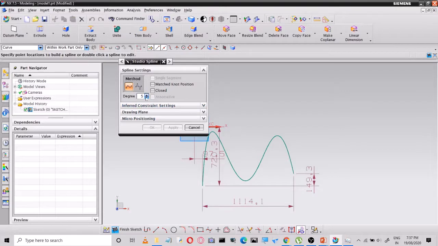Five control points. You can go for 3 control points. So I think degrees are different, the control points are different. We will see. So degrees and control points are different, not the same.